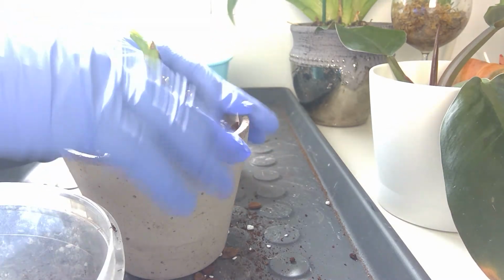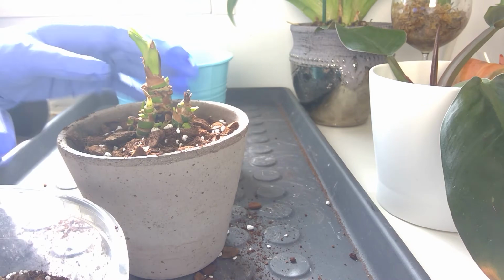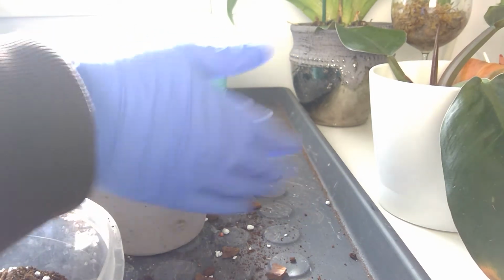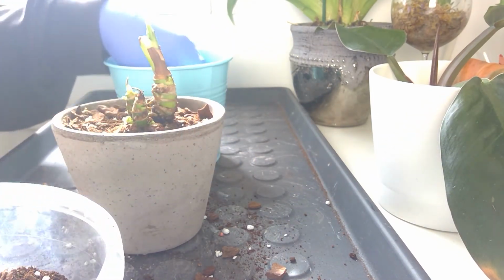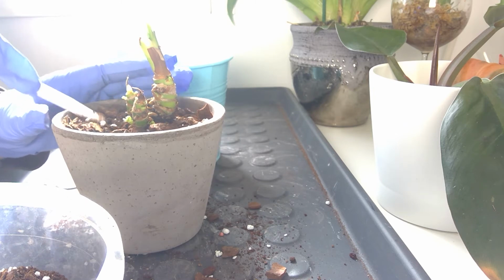Now then, I just put inside of there actually a little bit of those slow releasing fertilizers as well because of the